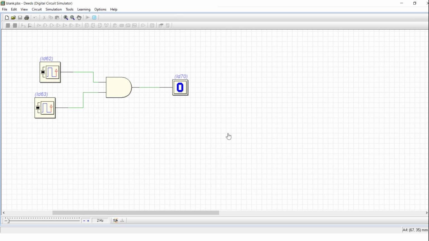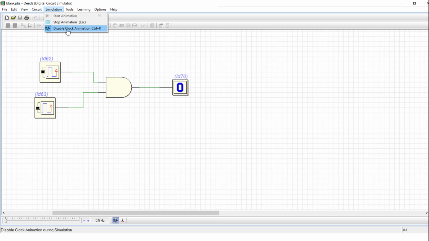Now you can simulate this circuit by using the clock pulses. You can choose your clock frequency. First you can enable the clock so that your clock gets the transition. You can choose the frequency here. I can go to the maximum frequency, which you can see is almost around 10,000 hertz, I guess. If you go to 1 to 2 hertz, you will see the simulation very clearly, when the inputs and outputs are changing and how your output is changing.